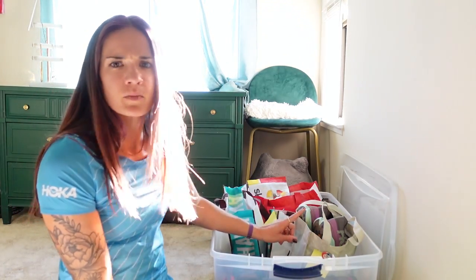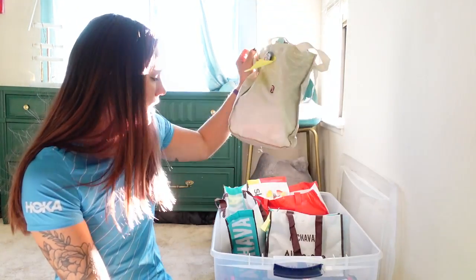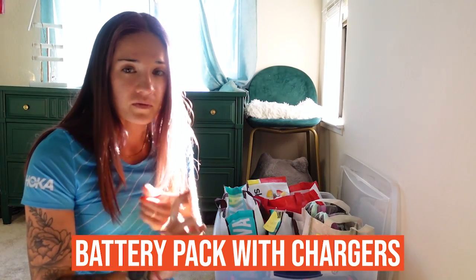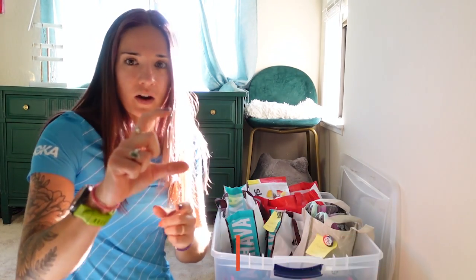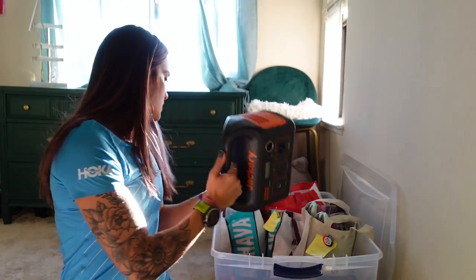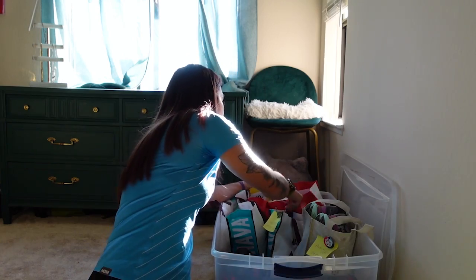Also in one of these bags, I'm not sure if I pulled it out. I think it's in this one. It does actually have a little battery pack with a charger for my phone and for my watch, and the battery pack's just a little small one, so I can just stick it in my vest if I need to. So this here, and then